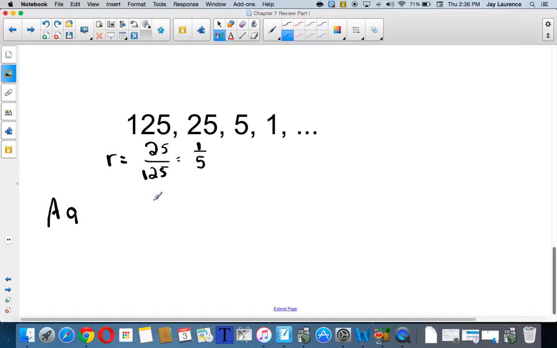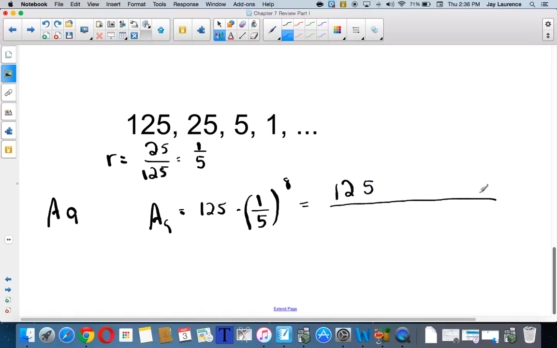So to find the 9th term, I'm going to take the first term, 125, and I'm going to multiply it by 1/5 raised to the 8th power. Now, this is really easy because I know 125 is, well, I'm going to leave it as 125, right? And I'm going to put that over